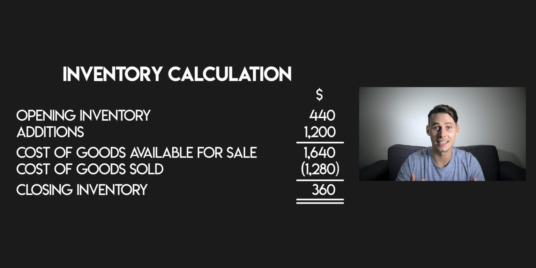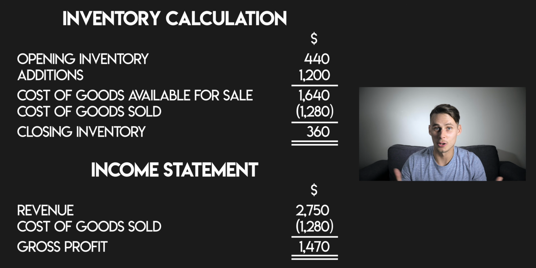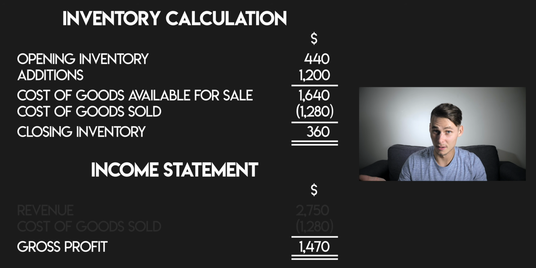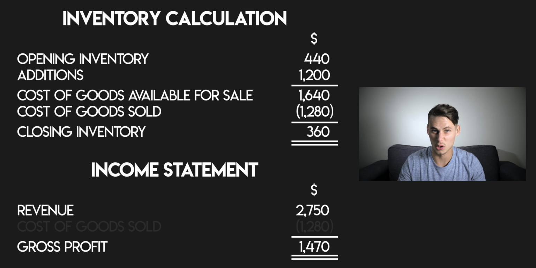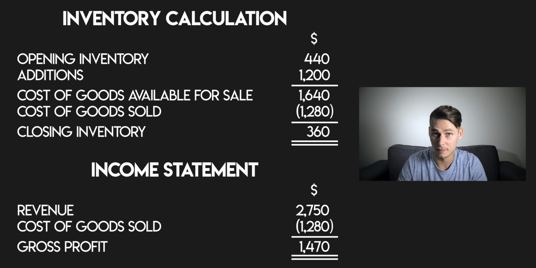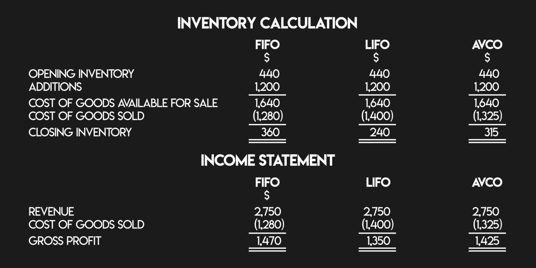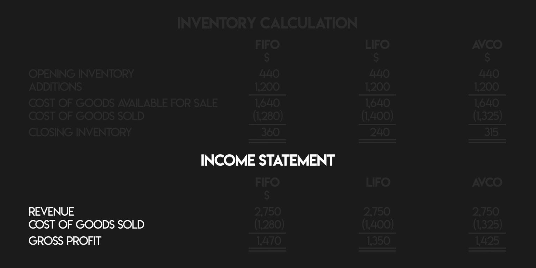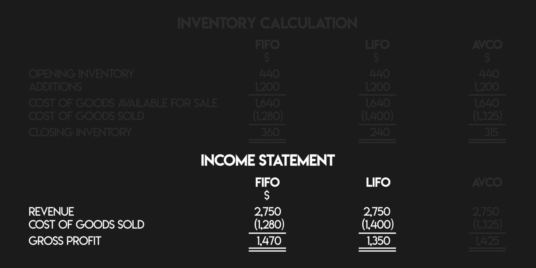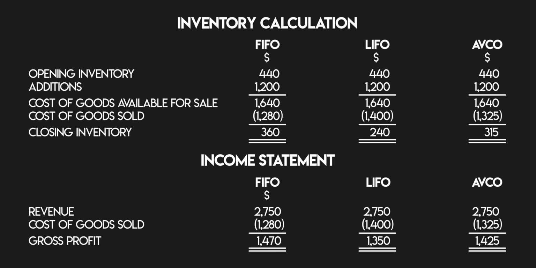So why would you choose the FIFO method? Well, it's one of the easiest cost flow assumptions to use in practice. And in an inflationary economy where prices are rising, the cost of your inventory might be going up like it did in this example. So choosing FIFO can make your profits look bigger because you're matching your current revenues against your older, cheaper cost of goods. Revenue less cost of goods sold is gross profit. And as you can see in this example, your gross profit calculated under FIFO is larger than your gross profit calculated using the LIFO or AVCO methods. But as a business owner, this isn't necessarily a good thing.